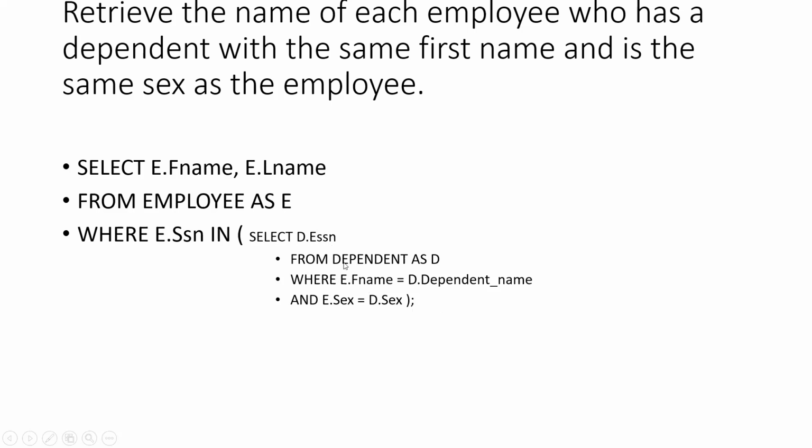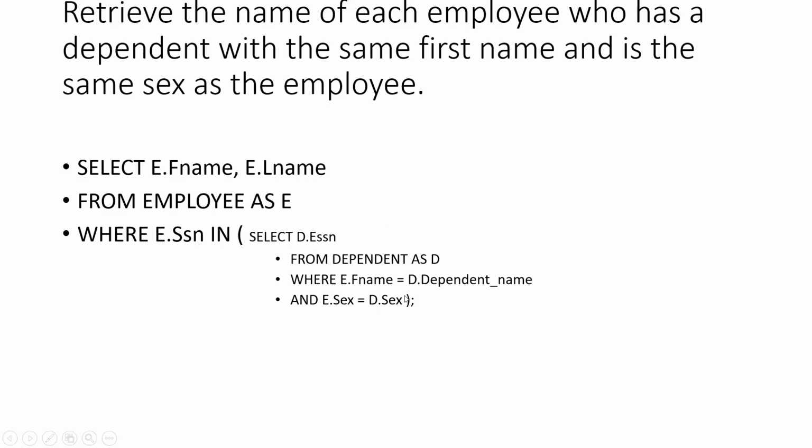Here we evaluate the inner query. This is the nested query. This inner query, by using the condition that the first name of the employee should be equal to the dependent name, and the dependent sex and the employee sex should be the same, selects those dependents,